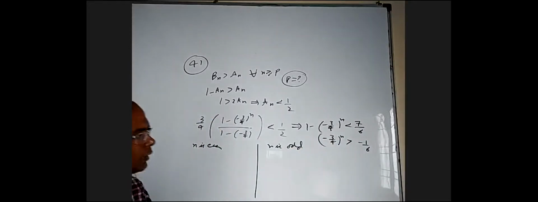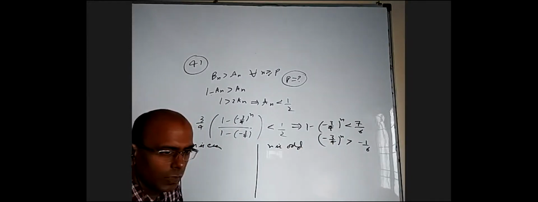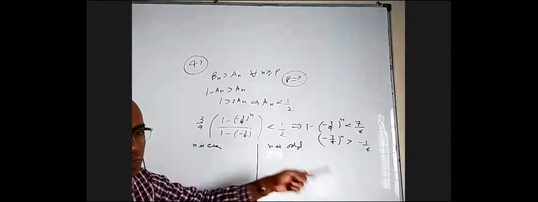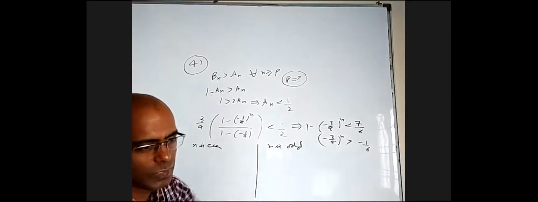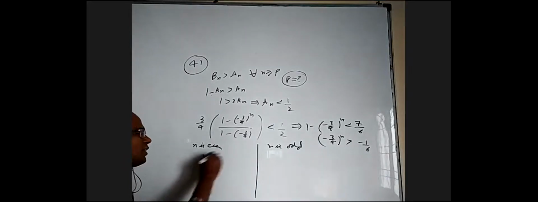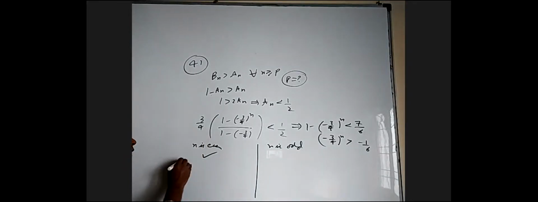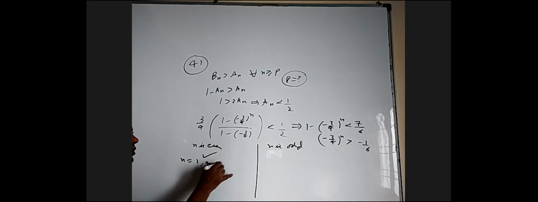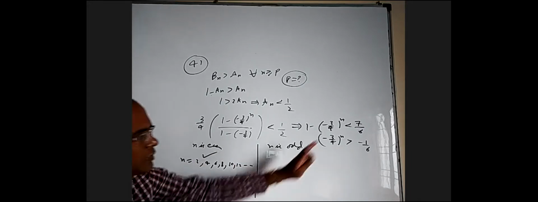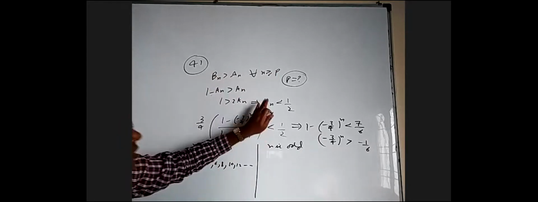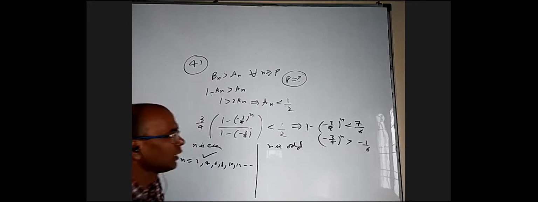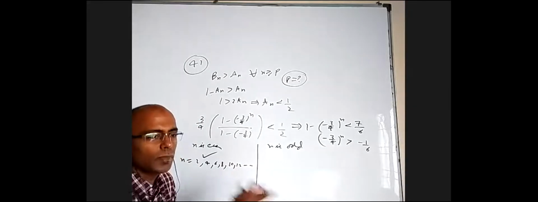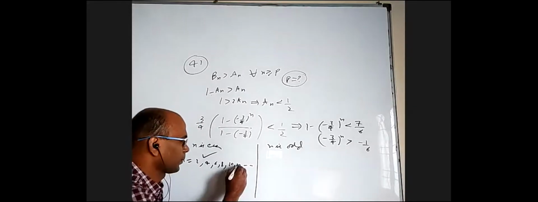The thing is, this is already true for n equal to 2, 4, everything. For every even number, it is correct because this is positive, this is negative, and positive is greater than negative. So when n is even, everything is right. N equal to 2, 4, 6, 8, 10, 12. For all even numbers, the given statement that An is less than 1 by 2 is true. Among odd numbers, it is true for some odd numbers and not for others.